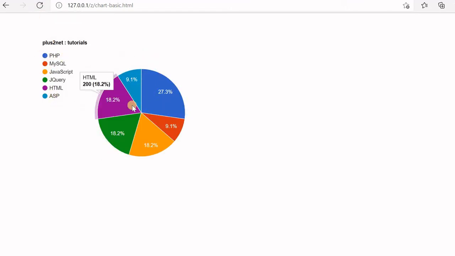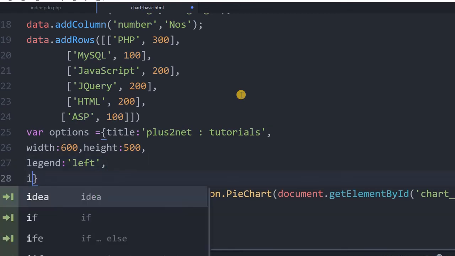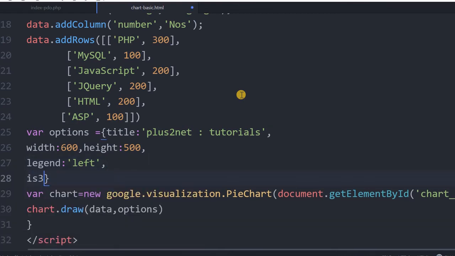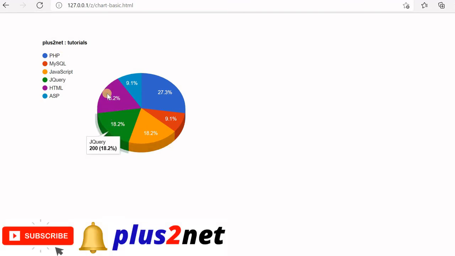Now all these styles I can also change, the colors, everything, all combinations. There are options. We'll explore a few, and I will leave the link for you, where all the option values are there. After that, one important one is 3D. It is case sensitive, so 3D must be in uppercase. Let's say true. By default, 3D is false. So I am just saving this and refreshing this. See, this became a 3D chart now. So is3D, this I can set.